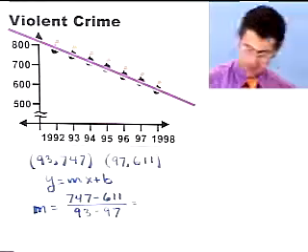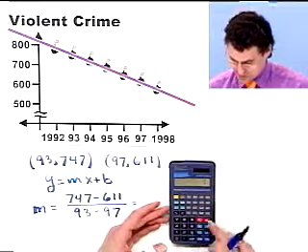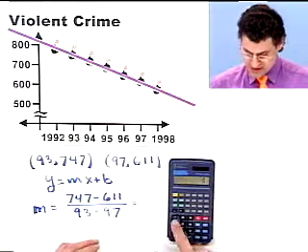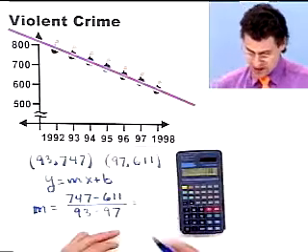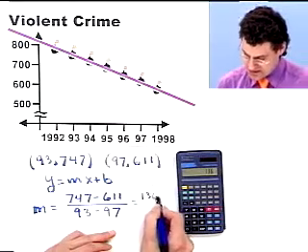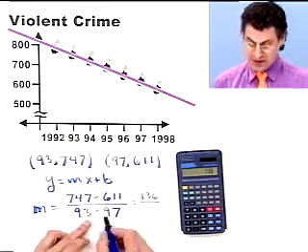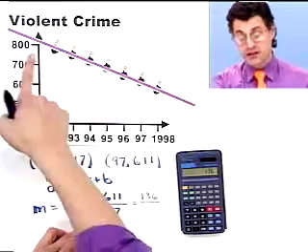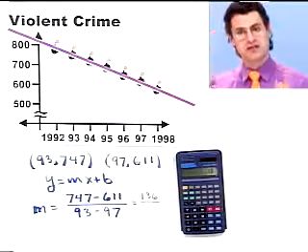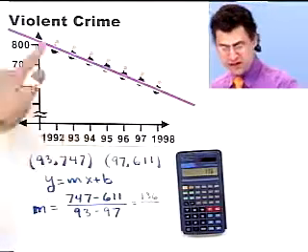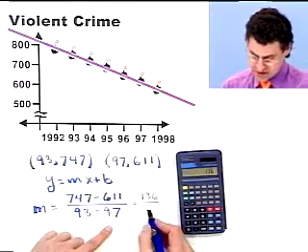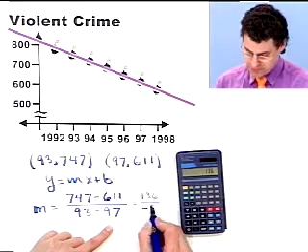I would do it in my mind, but I'm afraid that I might bleed right through. So here we go. You take 747 and subtract off 611 and you get 136. And on the bottom you get a negative sign, which is good because the slope is negative. Always think about whether your answer makes sense. If you had switched by mistake and gotten a positive answer, that wouldn't make sense because the crime here is dropping. So this is going to be negative 4.